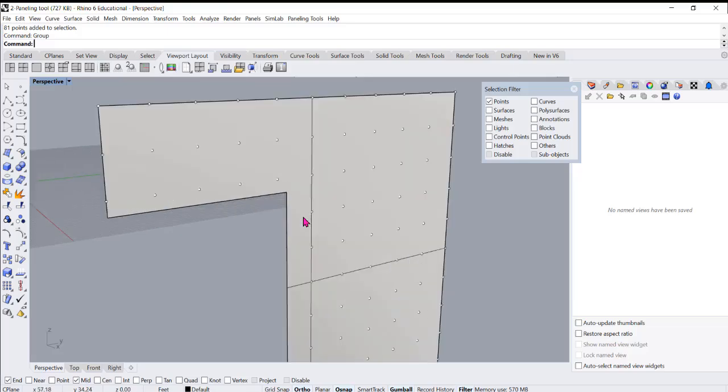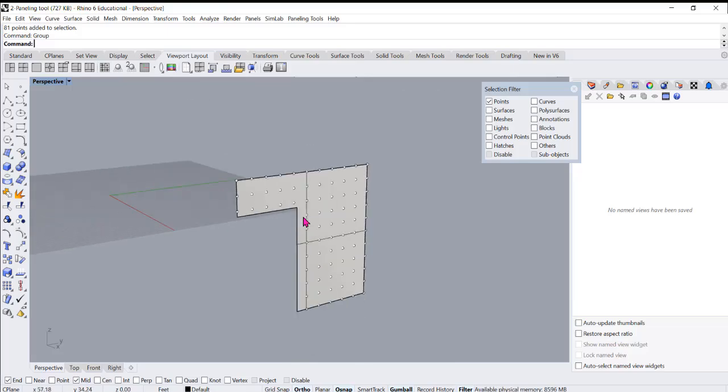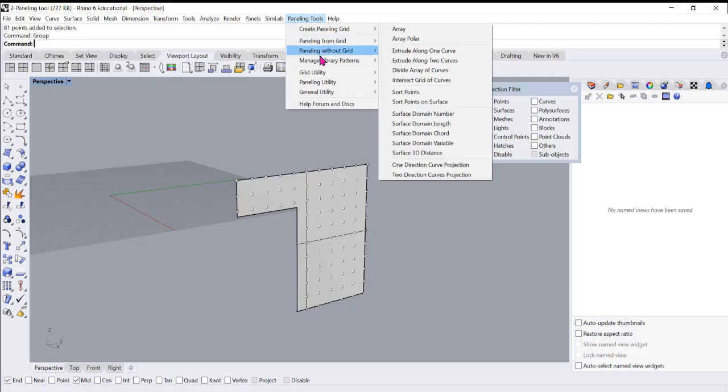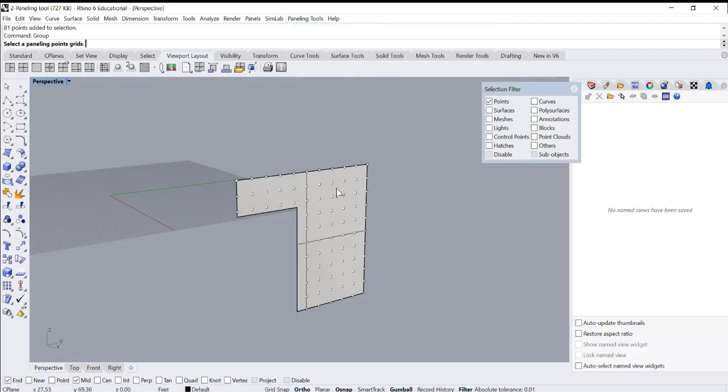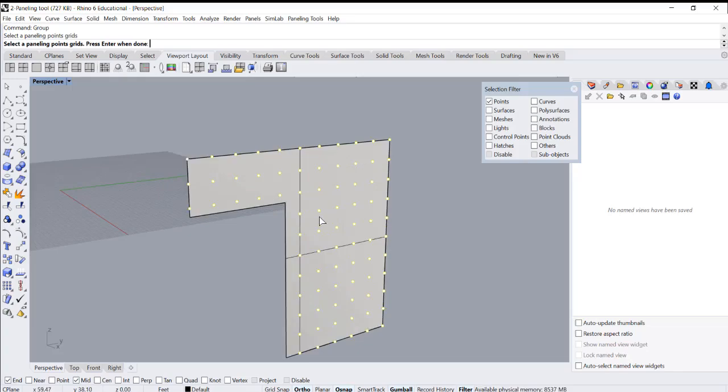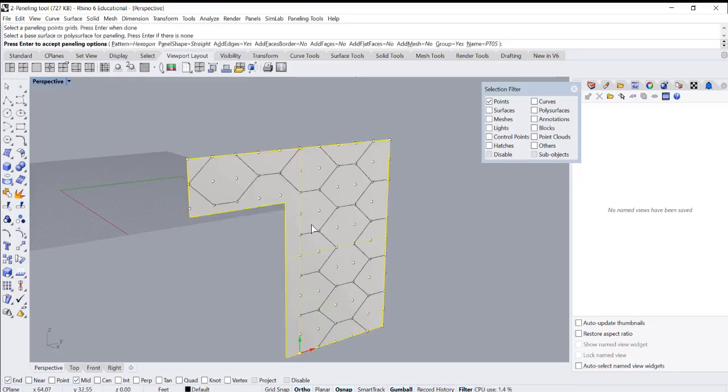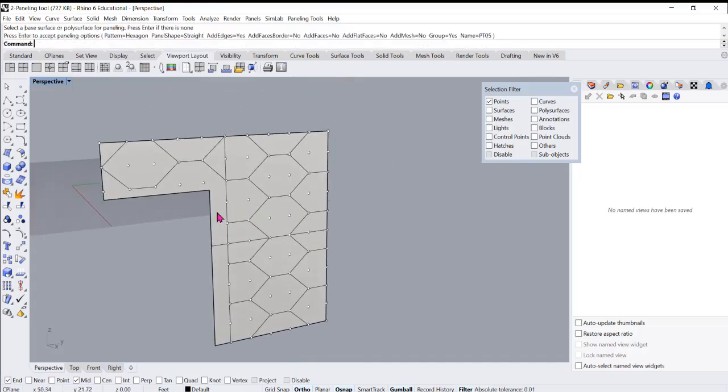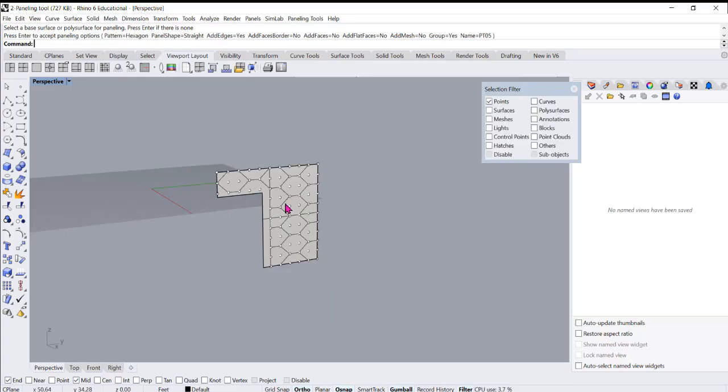So now if I run the paneling tool, or the paneling plugin, paneling from grid to the grid, now when I select the grid of points, it's limited to whatever's falling inside that grid. You can see it right here. You may want to add points on each edge just to terminate that, but basically that's what you have to do when you have situations like